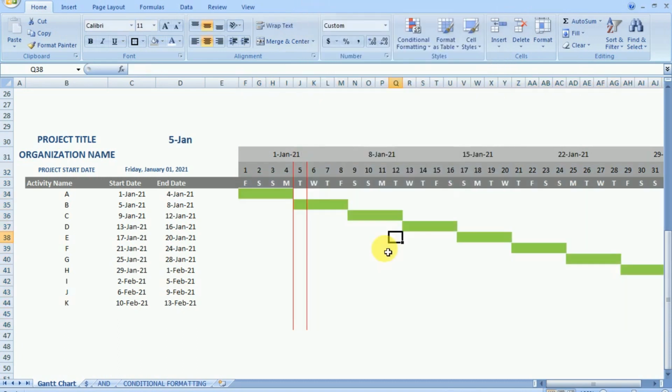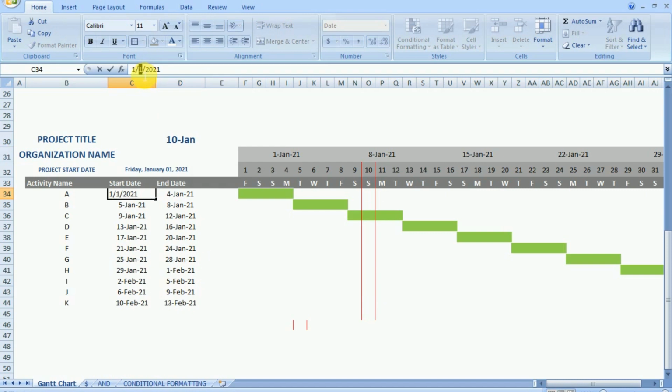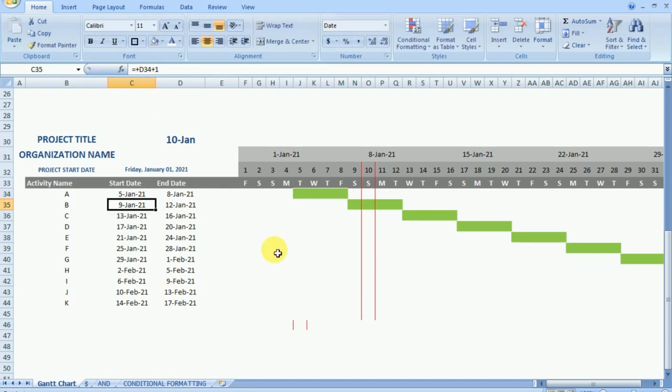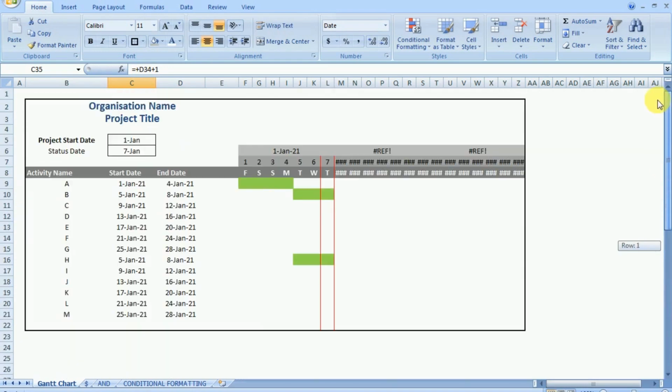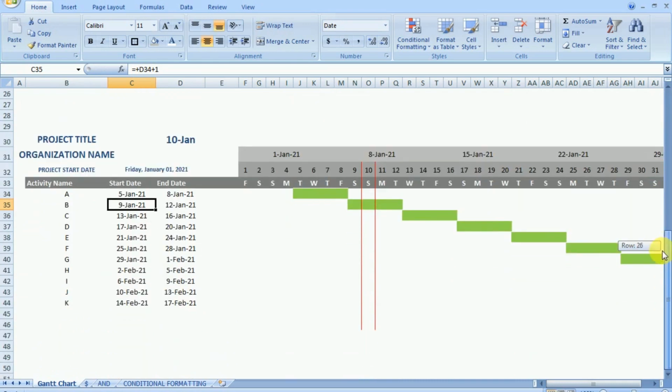Click on OK and you can see it's now representing the progress date. As you change the progress date, this format will also change, making your Gantt chart more user friendly and easy to read. Now in this way you have mastered three commands and now you know how to develop a Gantt chart in very simple steps within a few seconds. Now in the coming session we will learn more interesting topics to automate Excel and make it more productive for the user.